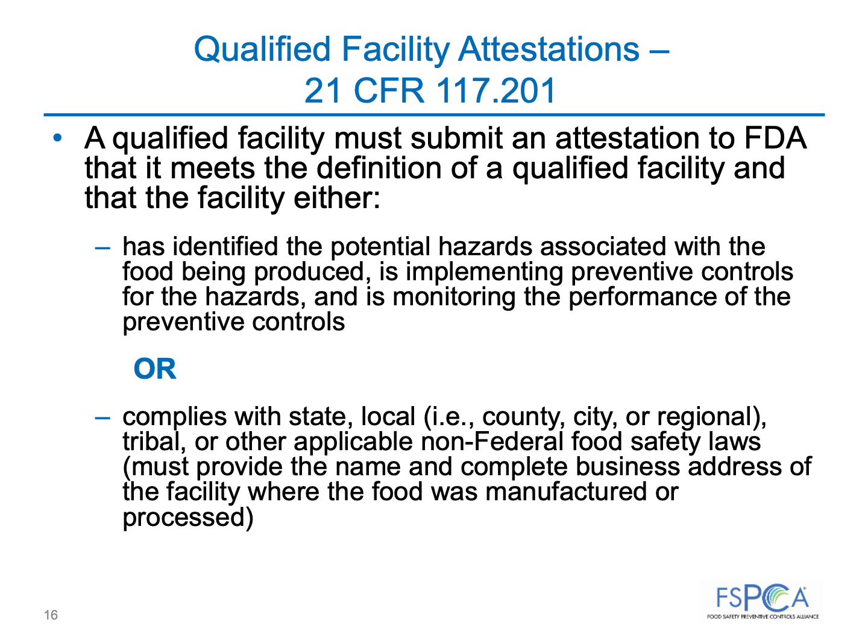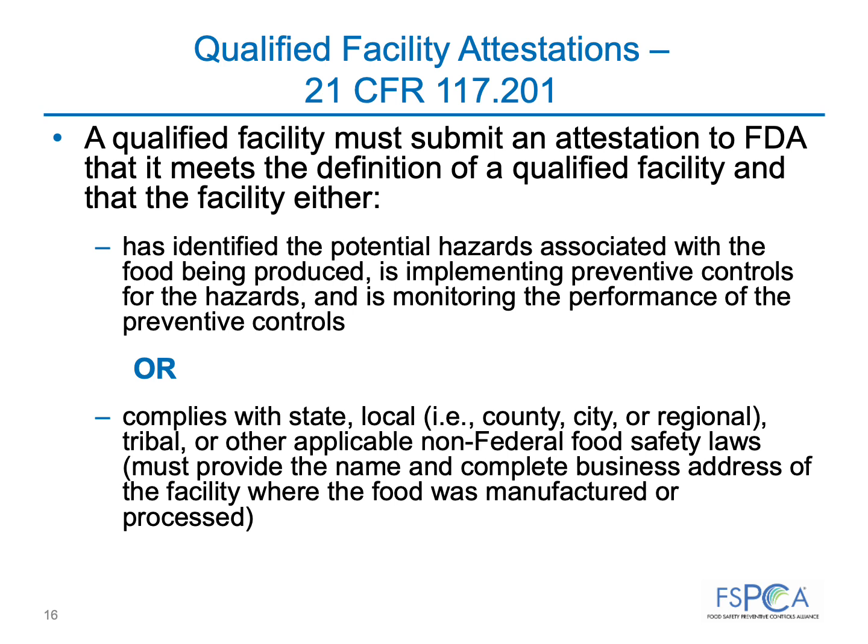And an attestation that the facility has identified the potential hazards associated with the food being produced, is implementing preventive controls to address the hazards, and is monitoring the performance of the preventive controls to ensure that such controls are effective,